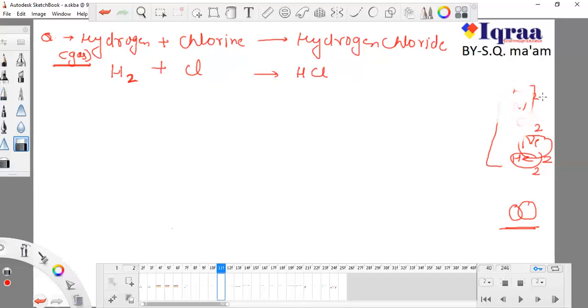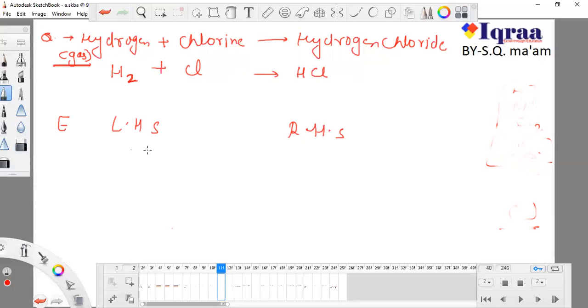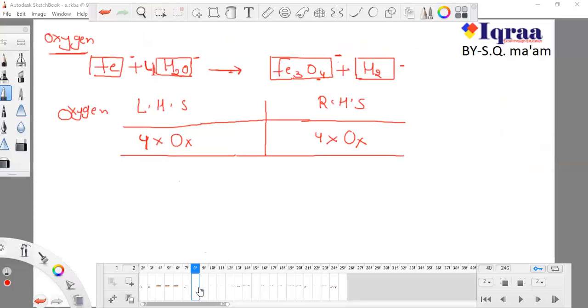Now this reaction is not that simple, it seems a bit complicated, and we have to balance it. So I'm writing the LHS and the RHS here. For elements, we have hydrogen and chlorine. In our first case, I told you that first of all you have to pick the element which has the most number of atoms. This rule is applicable for the entire reaction.